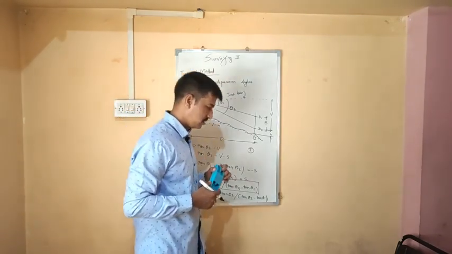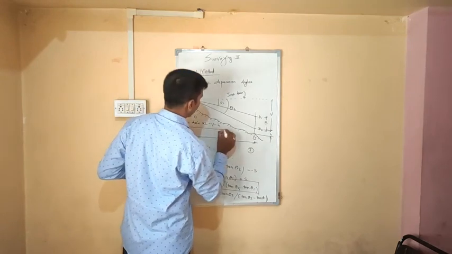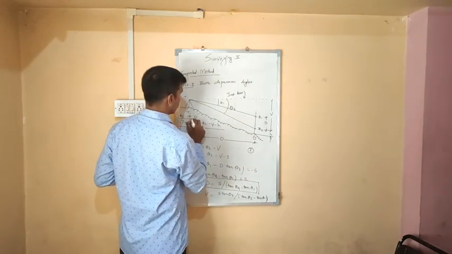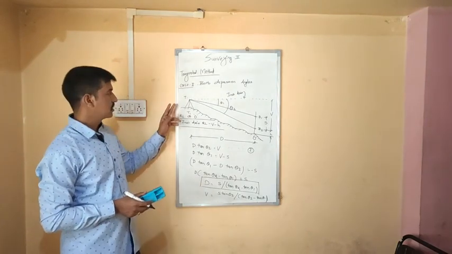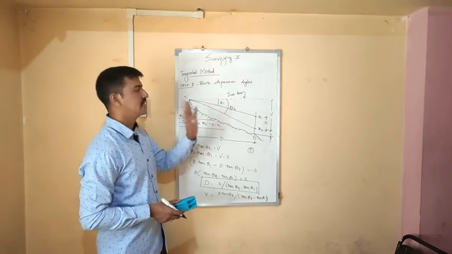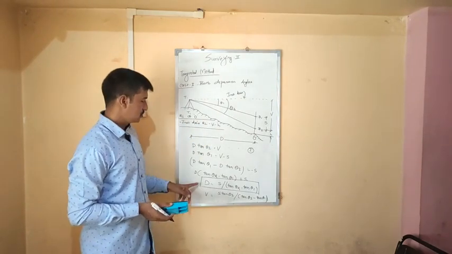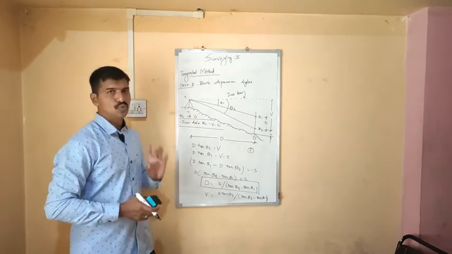Okay students, let me check. Instrument axis RL minus V minus h is the equation to calculate the RL of point O. So these are the three equations which are important for case number 2, where both angles are depression angles, theta 1 and theta 2. Okay, so here we have ended with this particular case number 2.